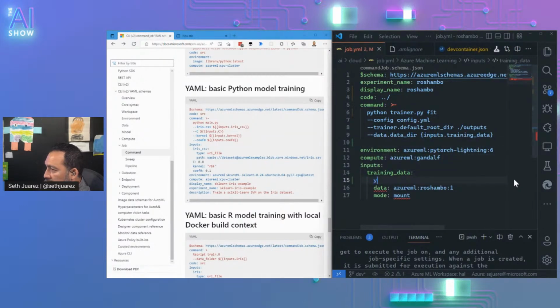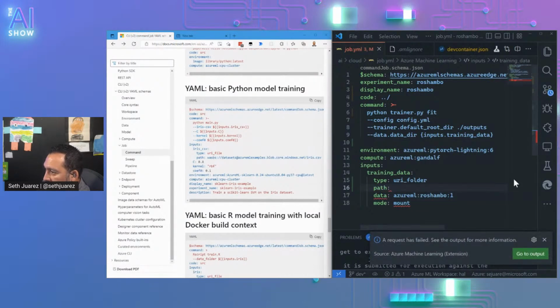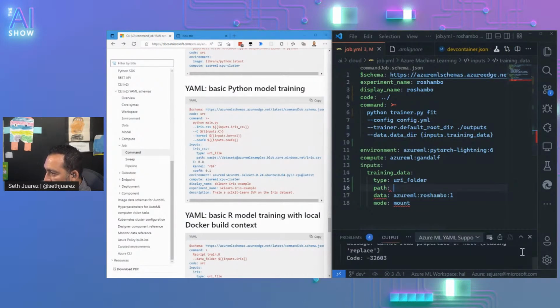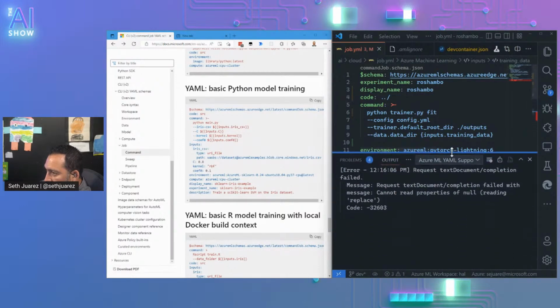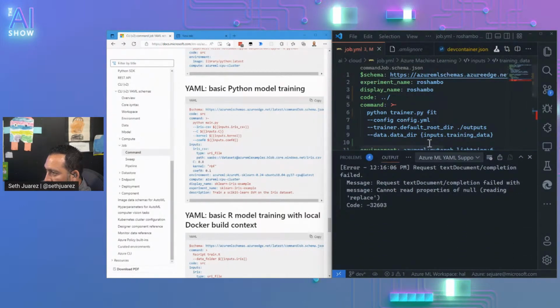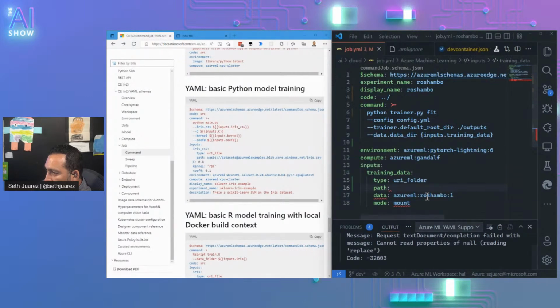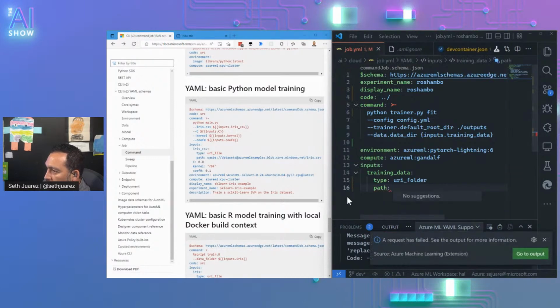So we're going to say type, it's URI folder, and then the path is going to be, oh, what is this? Control space, doesn't like it.